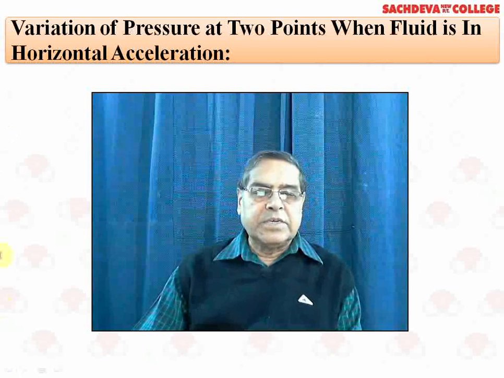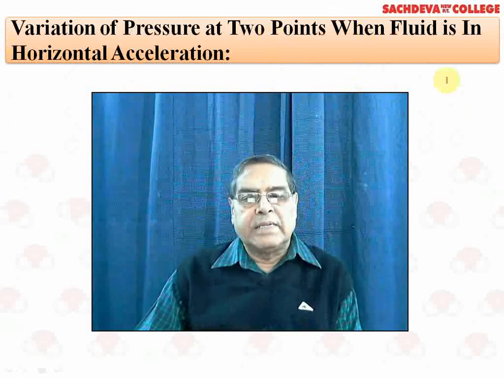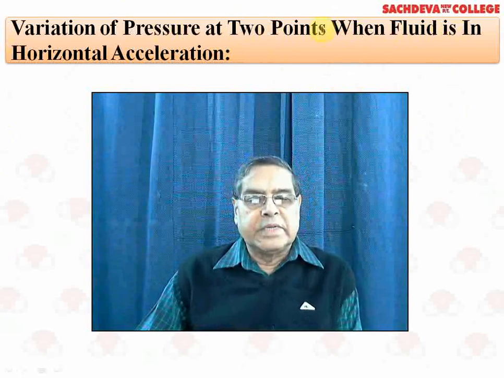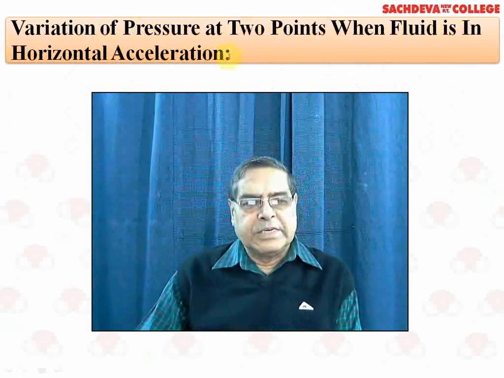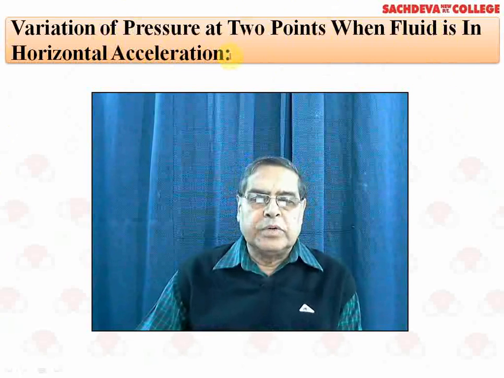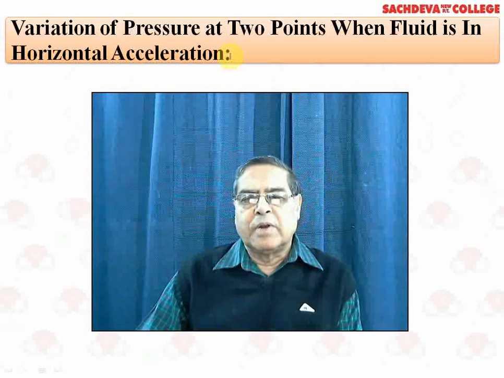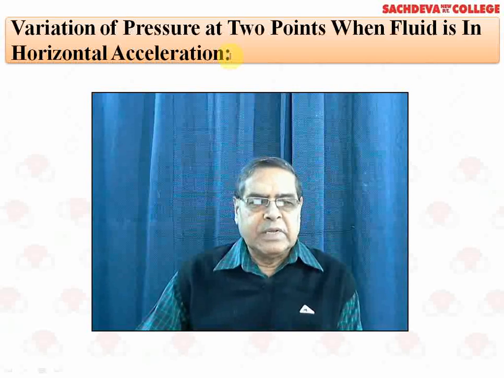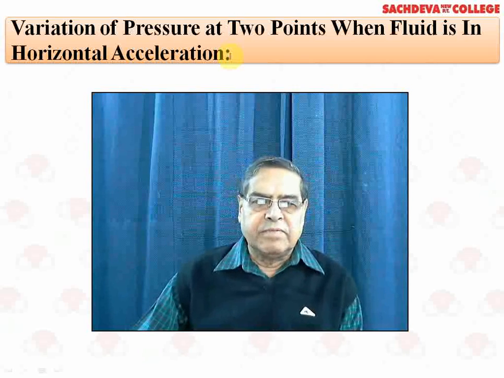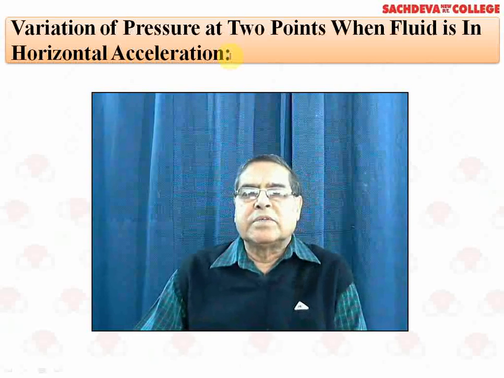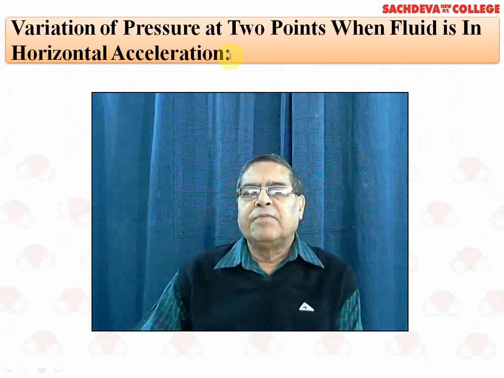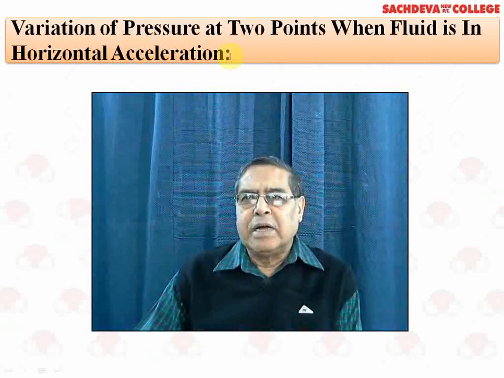Now, our next discussion is variation of pressure at the 2 points when the fluid is in horizontal acceleration. It means now the fluid is moving in a pipe from left to right or from right to left. So we have to consider their velocities and we have to understand whether the flow of the liquid is laminar